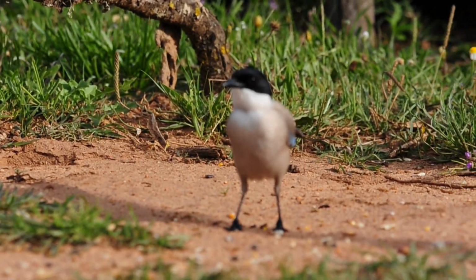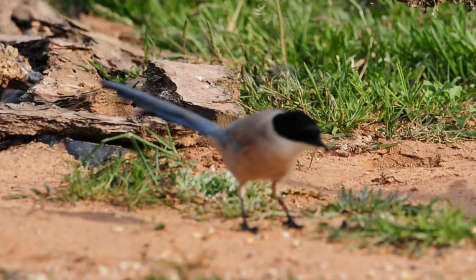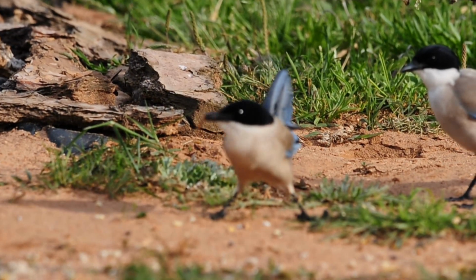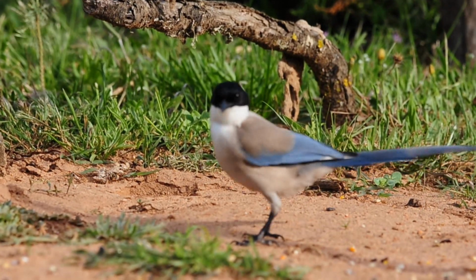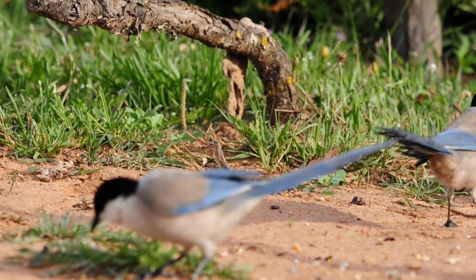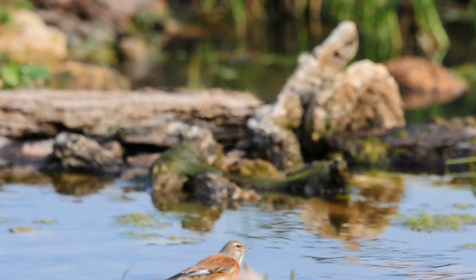The magpies have come in. They've obviously seen I put a bit of food down on the floor, so they'll come in and take a little bit now as well. I'm still putting a bit of food down for the magpies rather than just in the feeders, because everything needs some food. So, oh, we got some. No, they've just flown off. Sorry, we had some